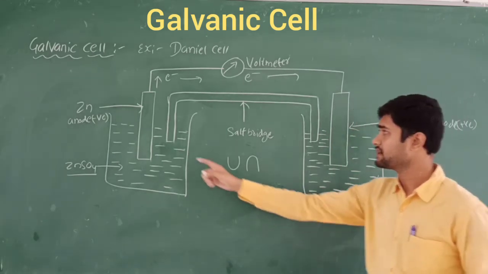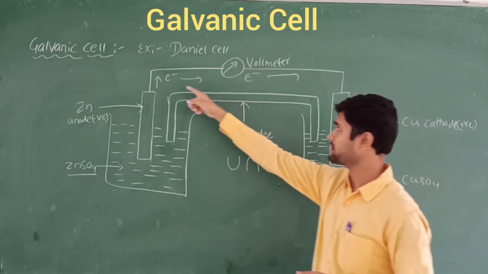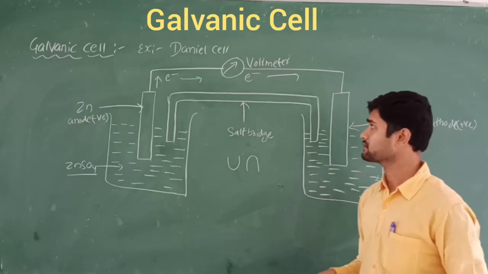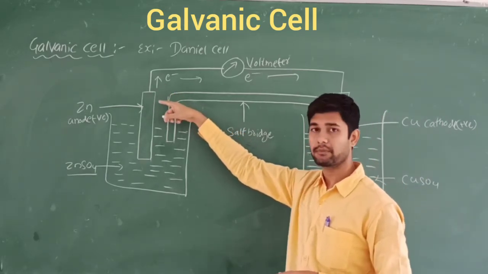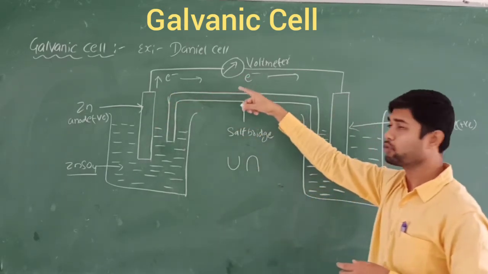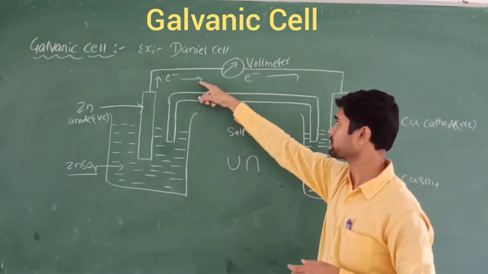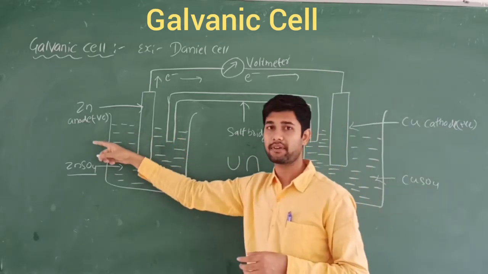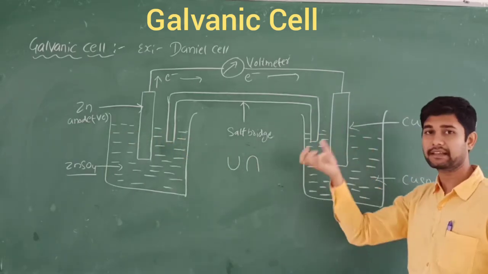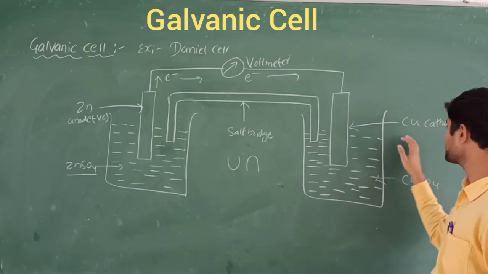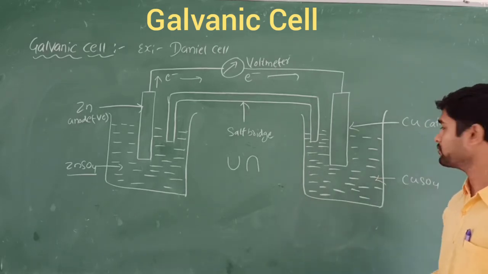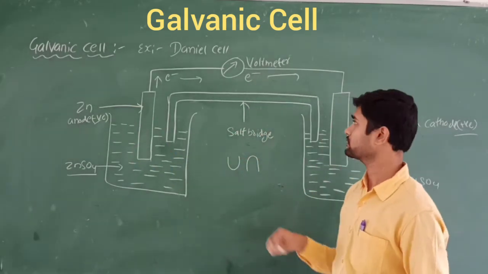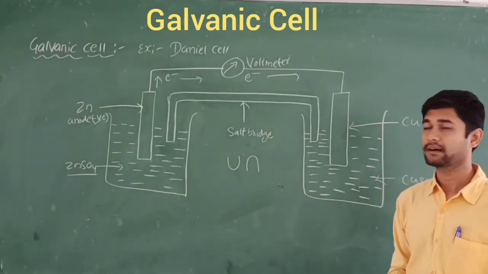These rods are connected by a metallic wire, right? These wires are connected to the voltmeter. This shows the electrons being ejected from the anode and moving. These symbols show the electrons moving here. That's why anode means loss of electrons, and reduction is gaining electrons. That's why it is named the cathode, and the cathode will be positively charged, so the anode will be negatively charged. So now the electricity will be moving like this.